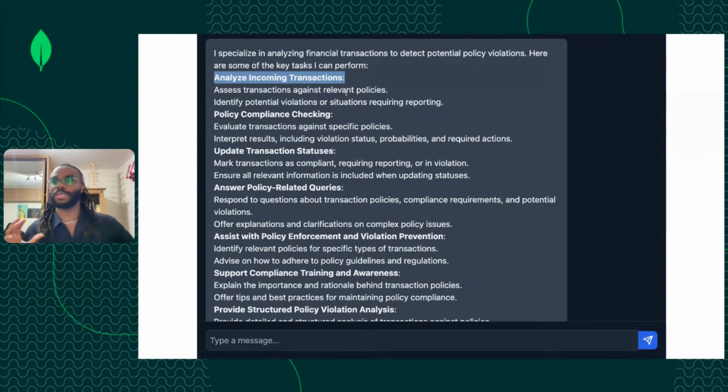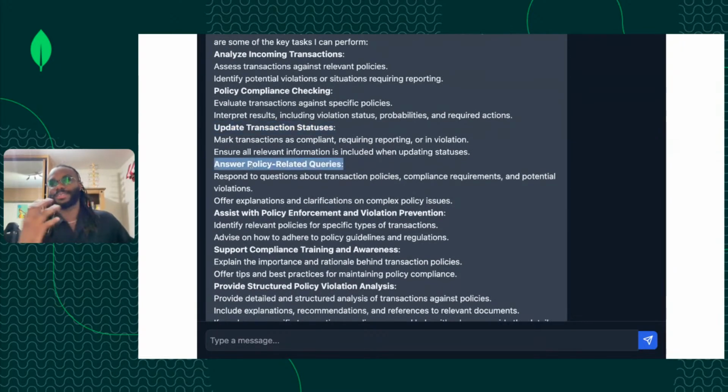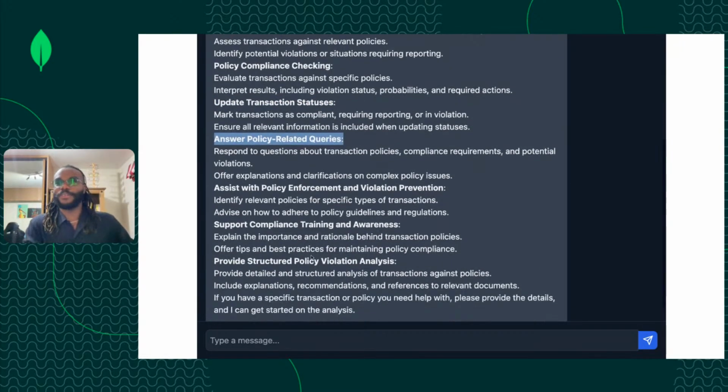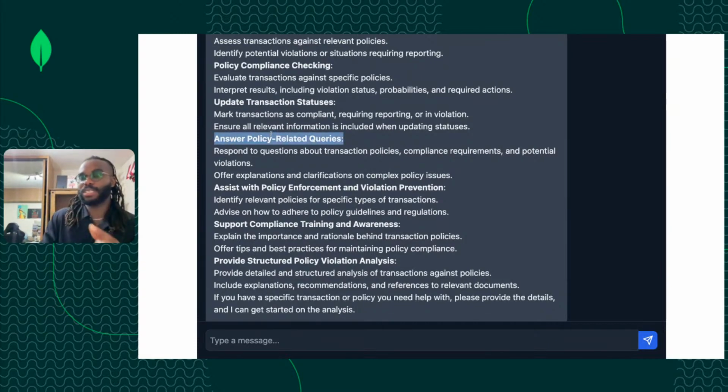Now, with this system, we can place the transaction information into it, and it can analyze it and let us know if it's violating some policies, or what policies this transaction is related to. We've got this policy compliance check functionality as well, the ability to update the transaction status of the transaction we've sent in, answer questions about policies, and other functionalities. And each of these functionalities